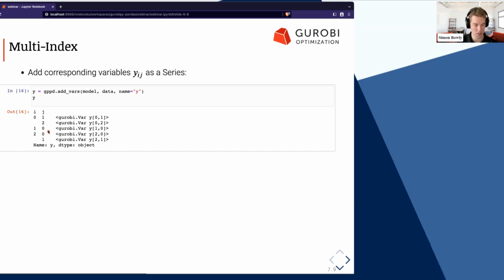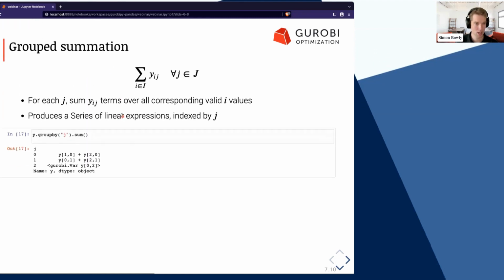Again, a similar concept to what you'd see with addVars in gurobipy. What I get back is a pandas series across the same multi-level index, which maps those index values to each of my variables. And this allows me to do some much more powerful things when constructing models. So I have my variable yij defined over two indexes, and a common mathematical expression to put together would be to partition over one of those indexes